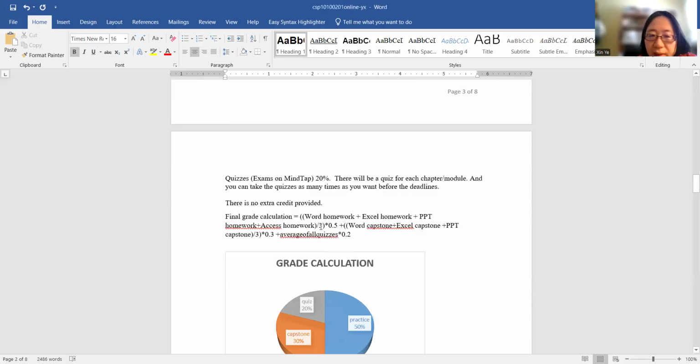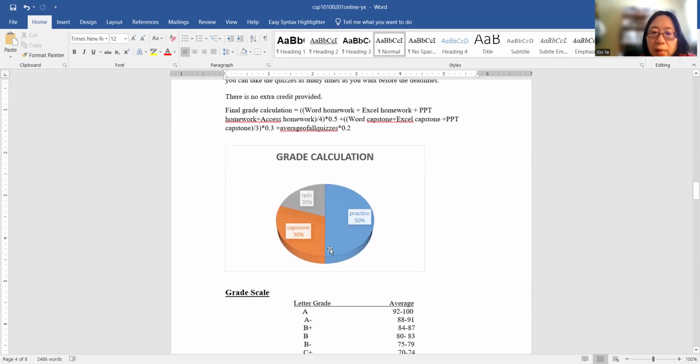I have a mistake here, it should be 0.4. It doesn't matter whether we have 3 or 4 items, I divide by the total. I use Excel to calculate the average. So the average of the homework, plus the average of the capstone times 0.3, plus the average of the quiz times 0.2. Then you will have the grade.